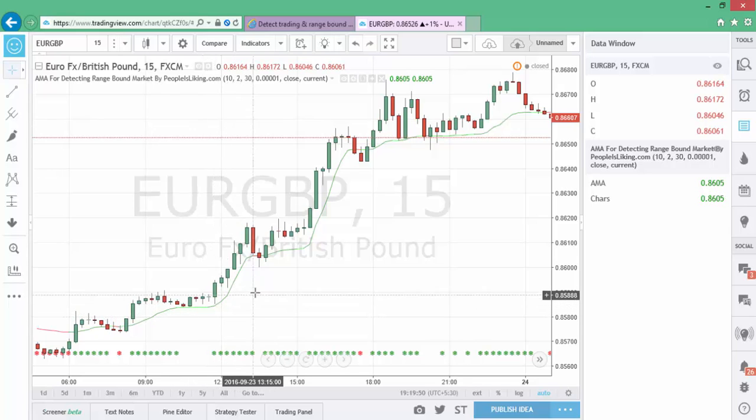But later here we are exiting our position because it changed its color to red. If you don't want to exit still here, then you can place your stop loss order at the low of this. If it goes below, then it automatically exits. But if it does not go below, you still continue with the trend until it closes below your low.